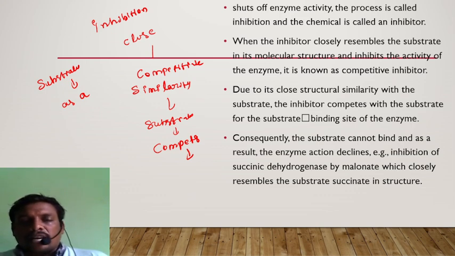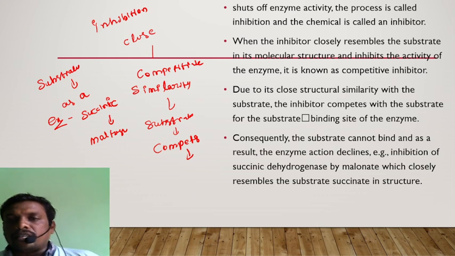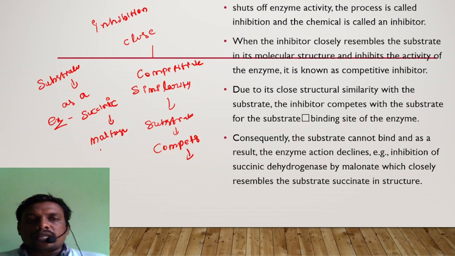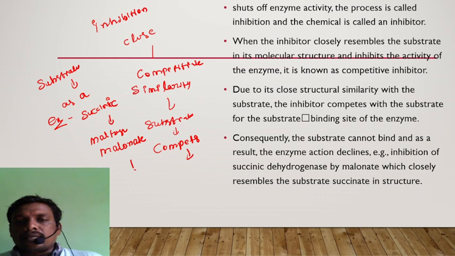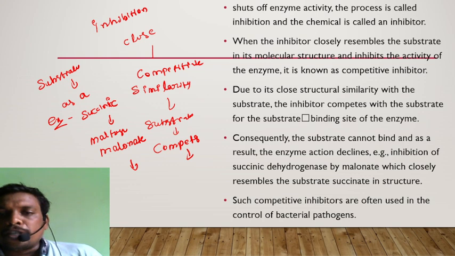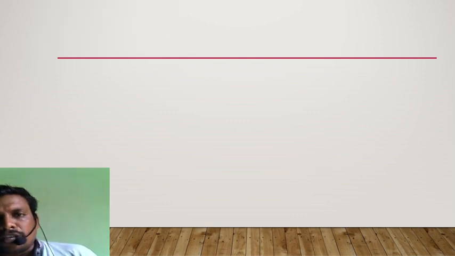Let us take an example for this: inhibition of succinic dehydrogenase by malonate. Succinic dehydrogenase is an enzyme, and its inhibition occurs by malonate, which closely resembles the substrate succinate in structure. Finally, such competitive inhibitors are often used in the control of bacterial pathogens in our body. Classification and nomenclature of enzymes will continue in